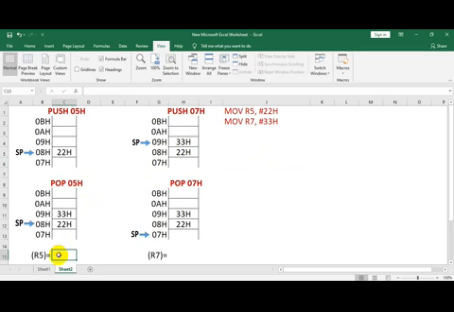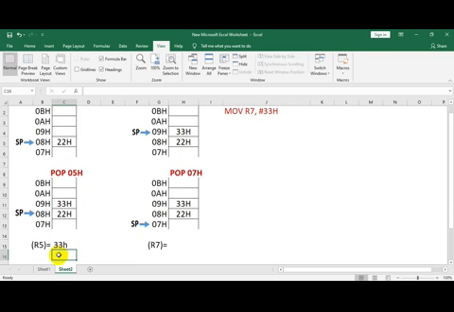So what will come in R5 is 33H. Then the stack pointer will be decremented by 1. Remember one thing: when you do a pop operation, the contents of the stack don't get altered. They will remain as they are unless you modify them again.